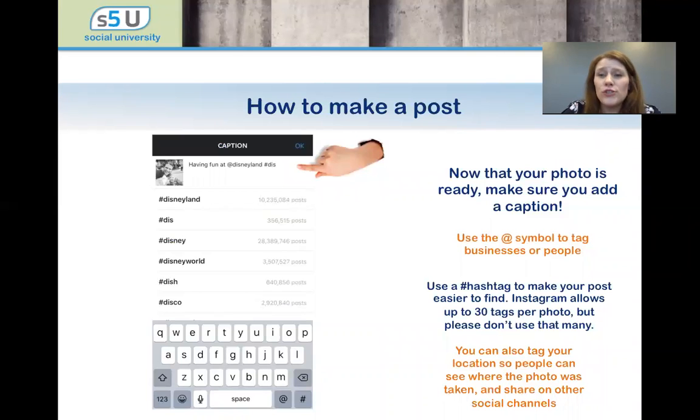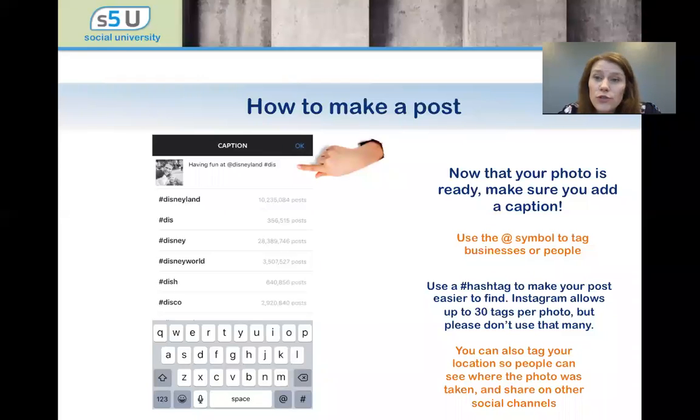That is way too many hashtags. Please do not use that many. So make sure that you're not using that many and that you aren't overloading it. 2 or 3 is great. 3 or 4 is probably pushing it. You don't want to just make it all hashtags.